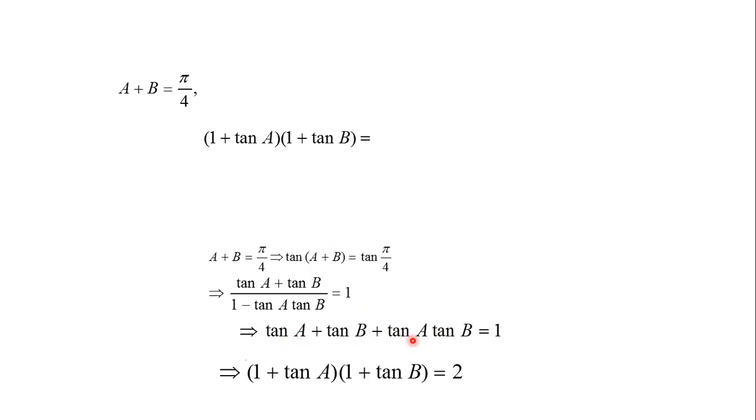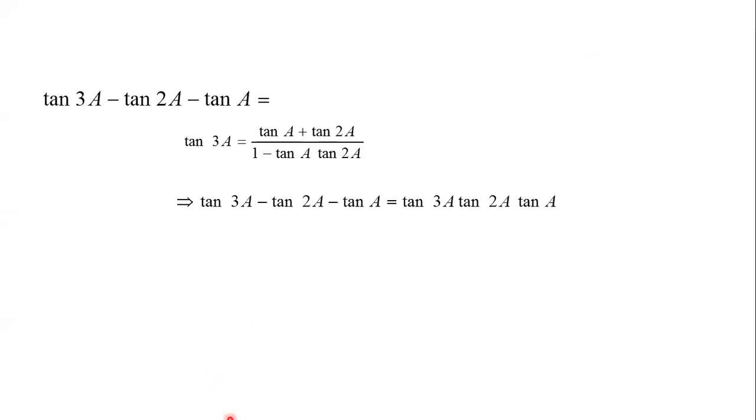if we take from these two terms tan A और tan B कॉमन, from this we will get 1 plus tan A... tan B कॉमन ले लेंगे दोनों के पास से, तो 1 प्लस tan A, और दोनों साइड पे 1 ऐड किए तो 1 plus tan A. 1 plus tan A is common bracket. If we take 1 plus tan A common, we'll get 1 plus tan B. So the value is 2. So the value of this (1 plus tan A) into (1 plus tan B) will be 2. Right?